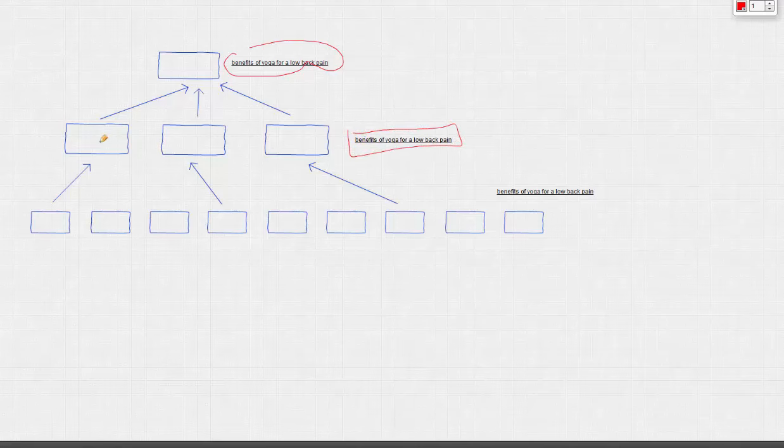So you create links, you create content on the topic of benefits of yoga for low back pain. Of course, it's not the same article, but it should be clear that it's somewhat related to low back pain. It should be related to yoga and the benefit of combining them together.